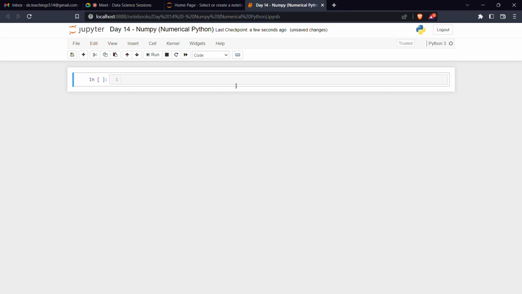So today's session we are going to discuss NumPy, numerical Python. From today onwards, we are going into the core part of data science, where these packages, whatever we discuss, will be mostly used in data science concepts. We shall discuss more about NumPy, then pandas next, and then we'll do a lot